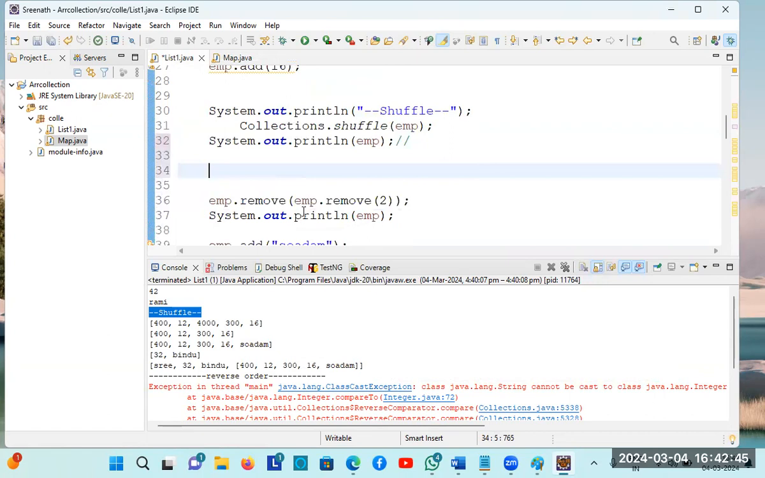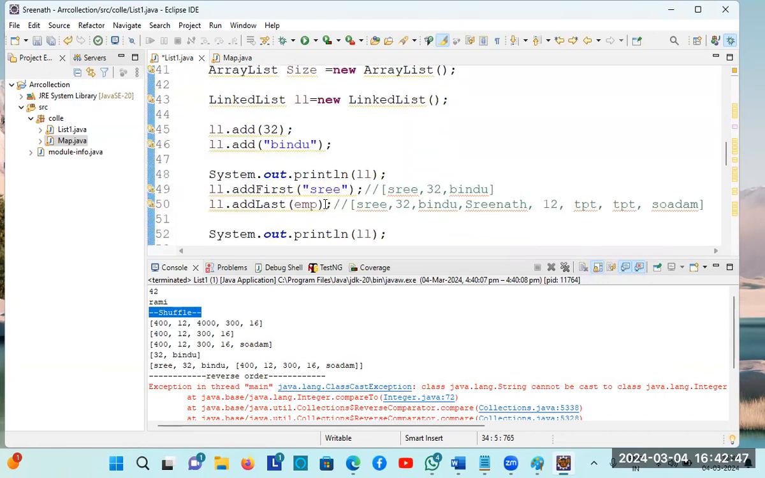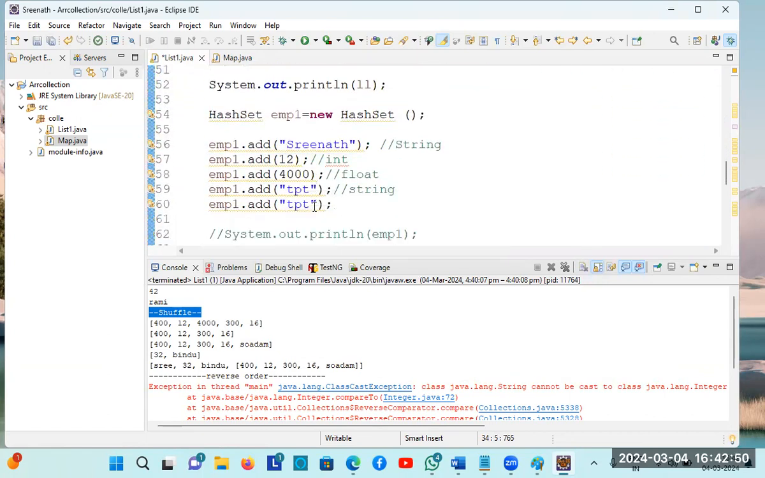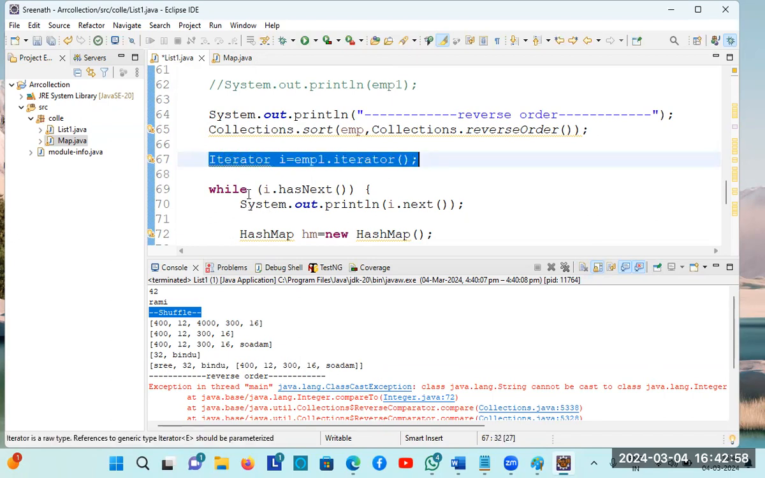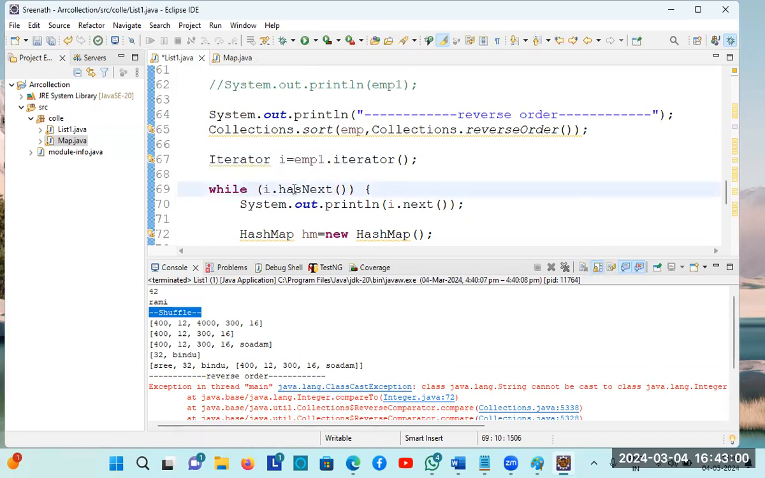See, initially we have the same thing only. So what do we have here? See this one, emp1 dot iterator. We need to use it in a while loop. So in the while loop we have a method called